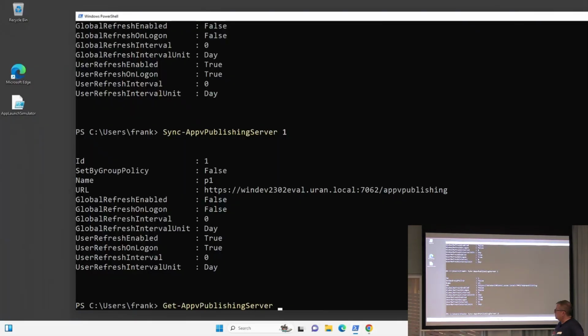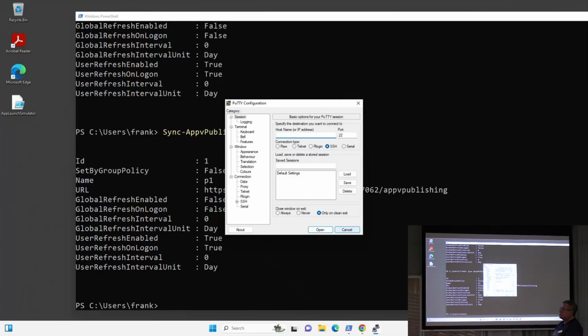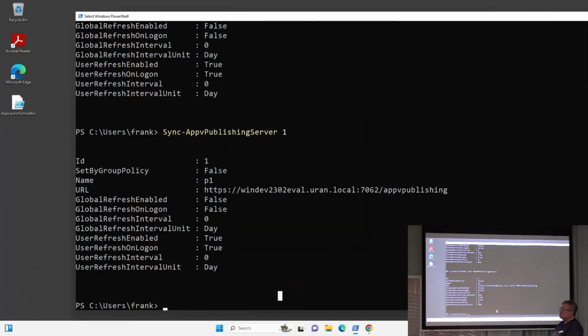Now we can synchronize and have PuTTY on our system. It also starts very fast, and PuTTY is a very small package.